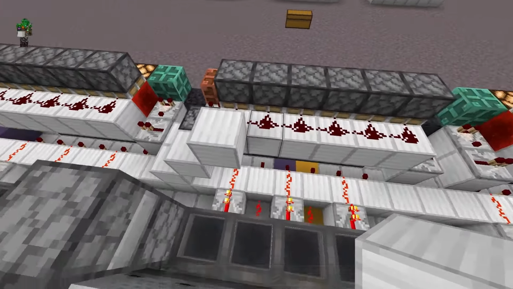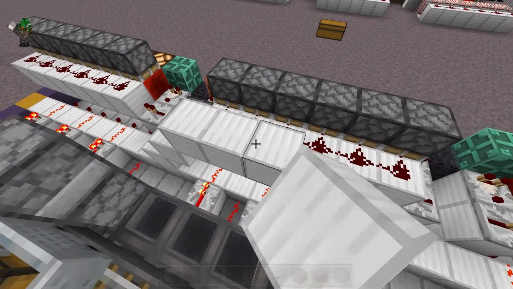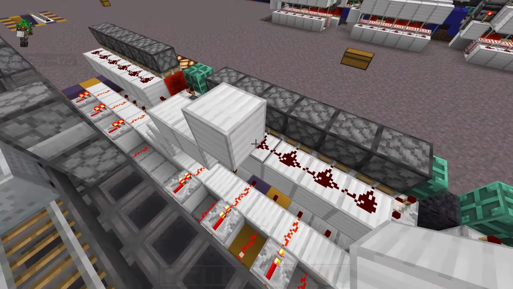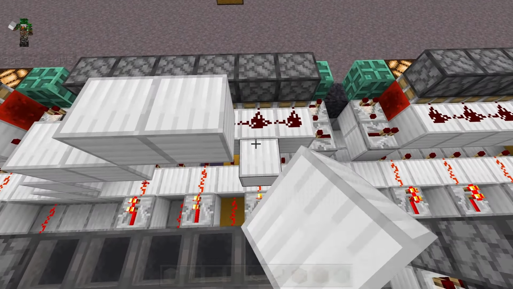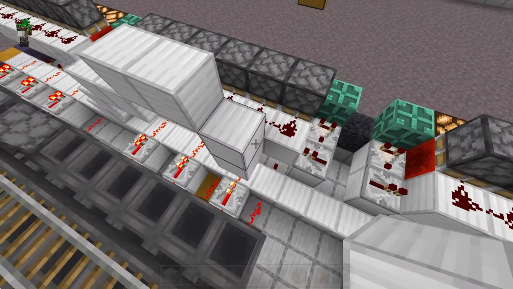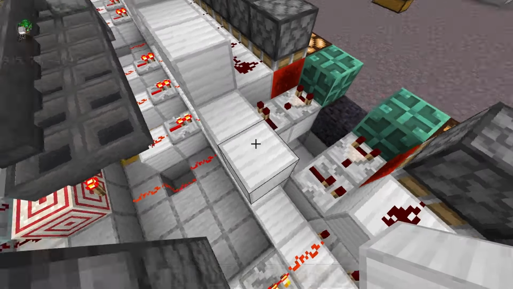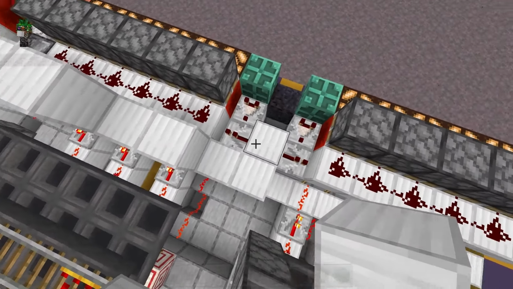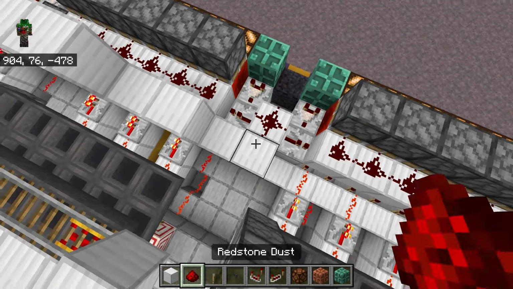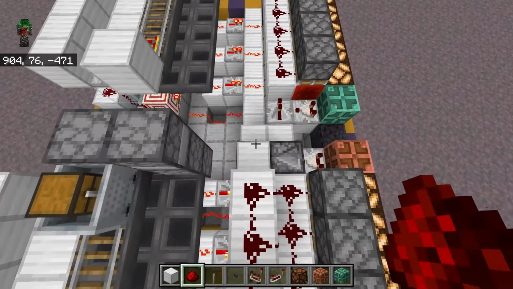Then go diagonally up and over, then diagonally up and over again, and be sure to break out the temporary blocks as you go. Then go down by 1 and over by 1 again. So this middle section of 2 is 2 blocks above the redstone dust. Then we're going to go down by 1 more block, and then curve this around so it's in between those repeaters like so. Now we're going to place dust on top of all of these blocks that we just placed,